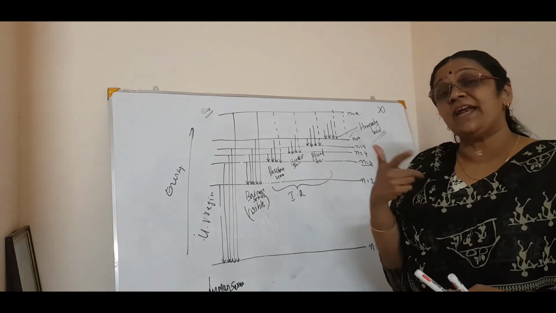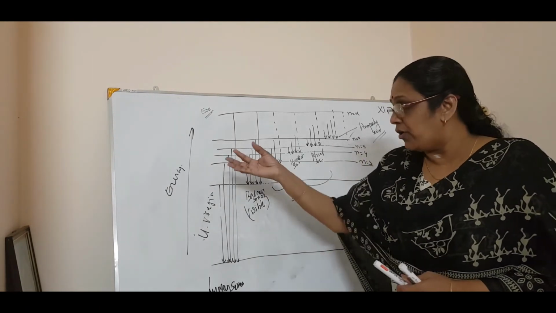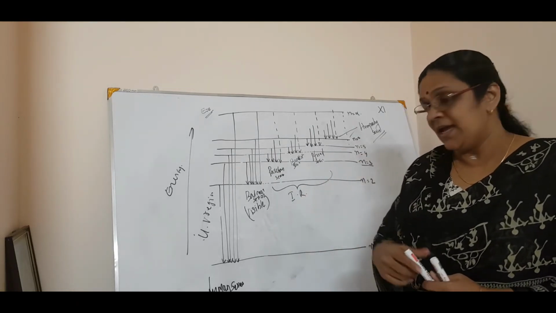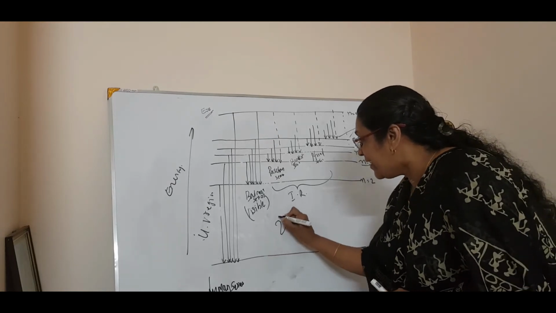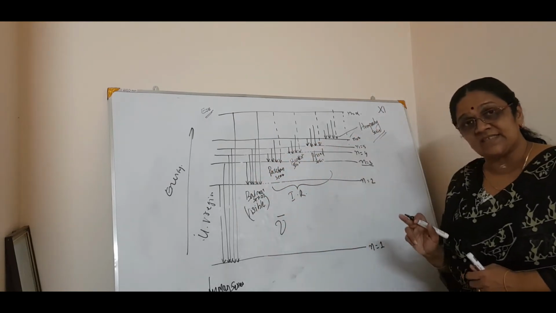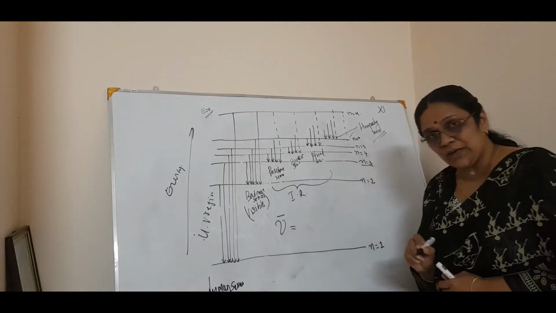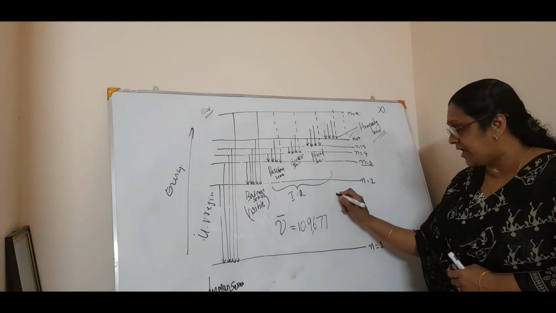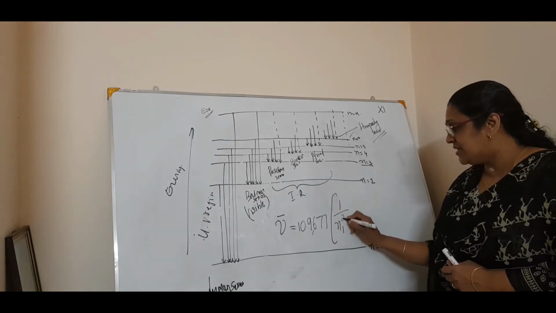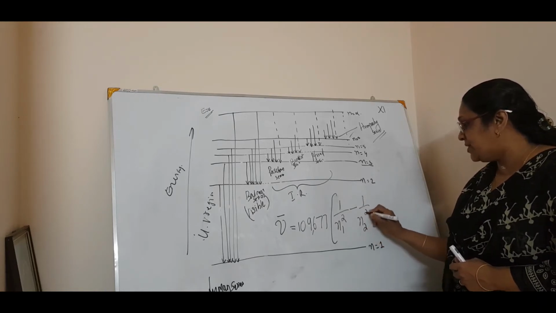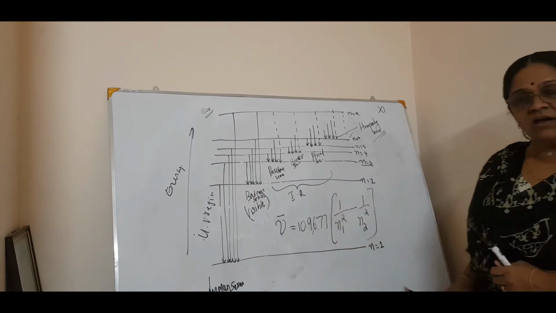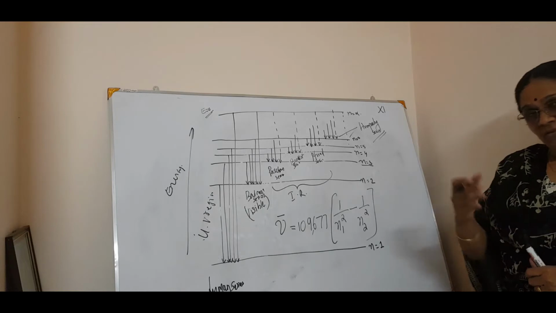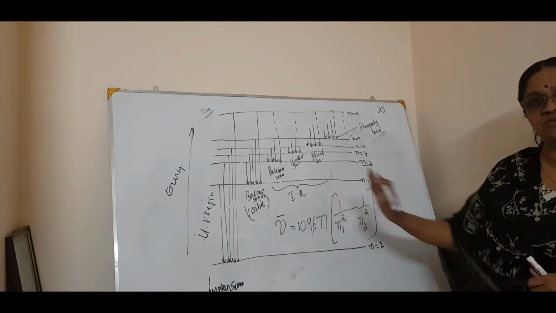So Rydberg has made a general formula for all these series, same as what Balmer does. So he said that you can calculate the nu bar of these various spectral lines by nu bar is equal to 109677, that is the Rydberg constant, into 1 by n1 square minus 1 by n2 square. See, a general formula which is applicable also for whom? The Balmer series. So I will prefer that you study this and then you can substitute the values.